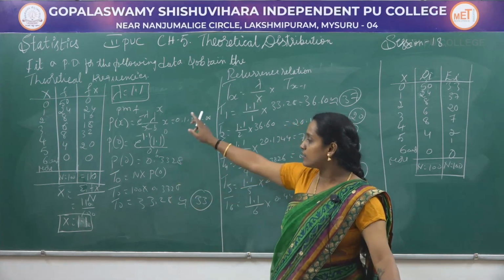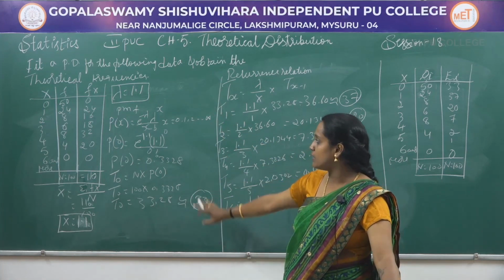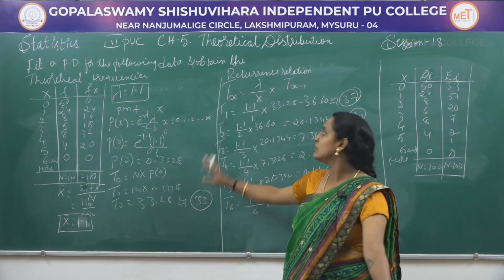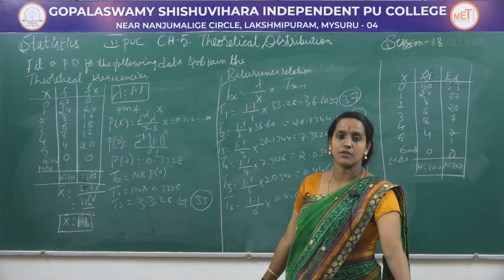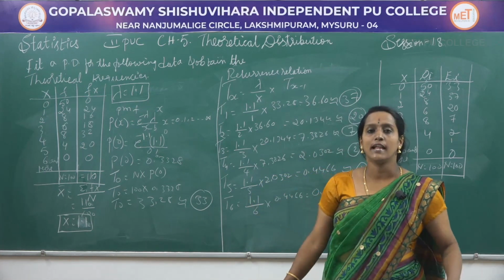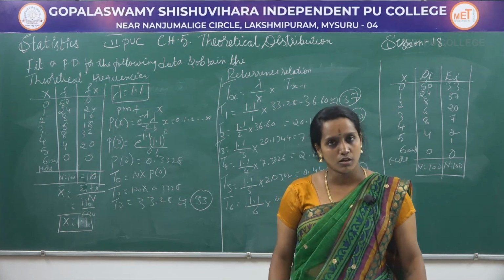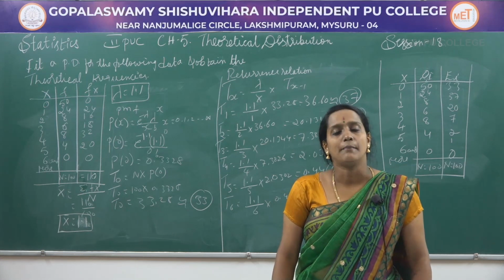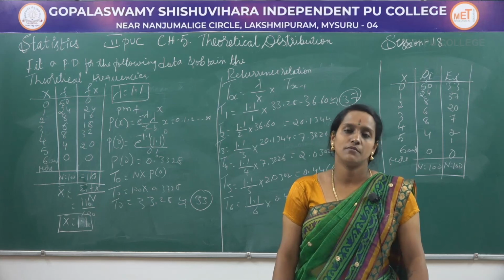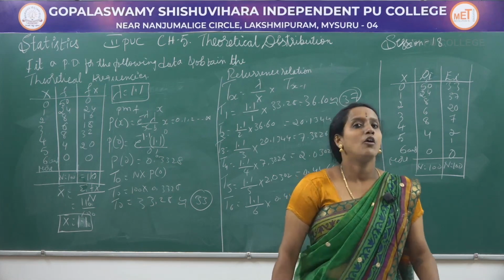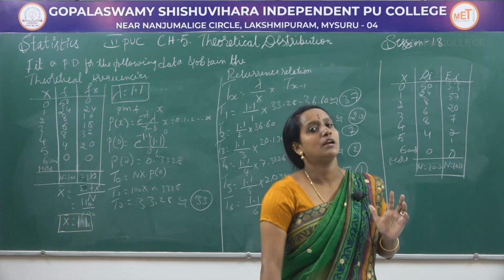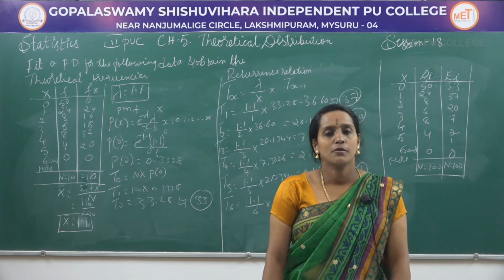If the lambda value and T0 value procedure is correct till here, then only the expected, theoretical frequencies will be correct. Don't forget anything. The recurrence relation is also important. Finding the lambda value is important, and don't forget to write the PMF because the PMF also carries marks. Also at last you have to show the frequencies in a table form, which will also carry marks. Okay, thank you.